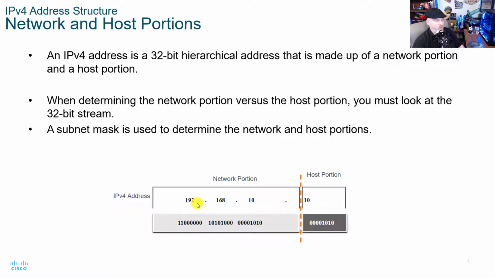When we look at this, the 192, this is our v4 address here, and I'm just going to call IPv4 v4, and I'm going to call IPv6 v6 for simplicity. It's easier for me to say that. When we look at our IP address and we convert it to bits, ones and zeros, we get a 32-bit length. So this 192 gets converted to 11000000. 168 gets converted to this, 10 gets converted to this, and then this host portion here is our 10, and it's 00001010.